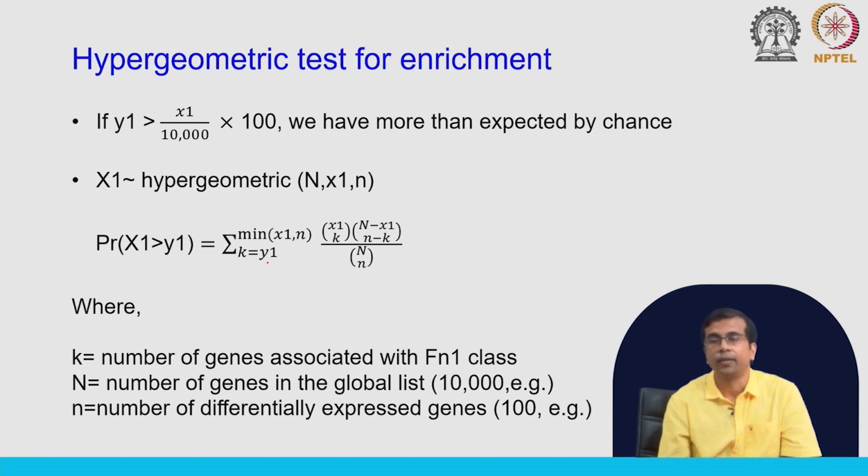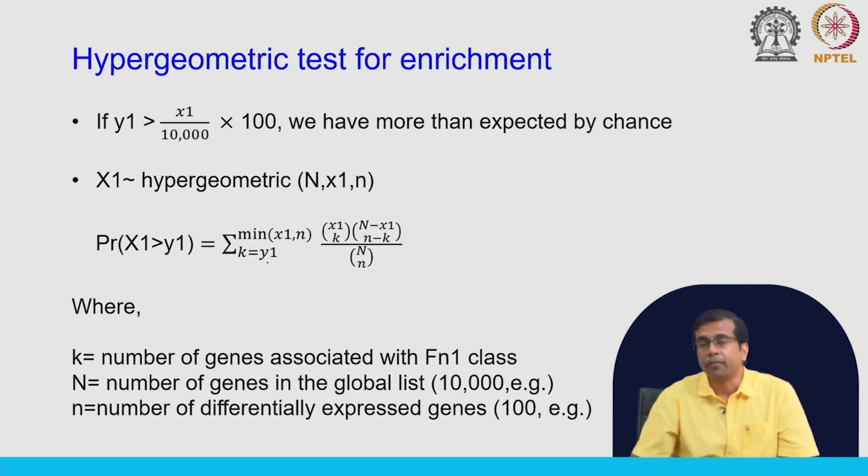This is what we have discussed. This can vary from y1 to x1 or n, and then you have capital N, the number of genes in the global list. In our example, this is 10,000 and n is the number of differentially expressed genes, that is 100. So, this probability will give us the p